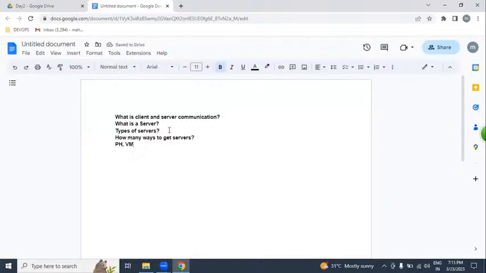What is a virtual server? And cloud server. And what is the difference between physical server, virtual server, and cloud server? And moreover, why cloud? We are going to be discussing this in today's session.